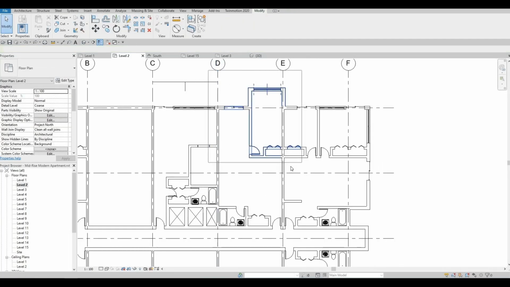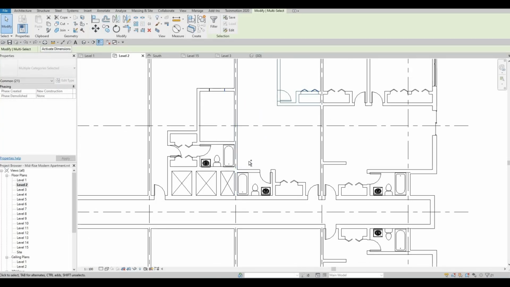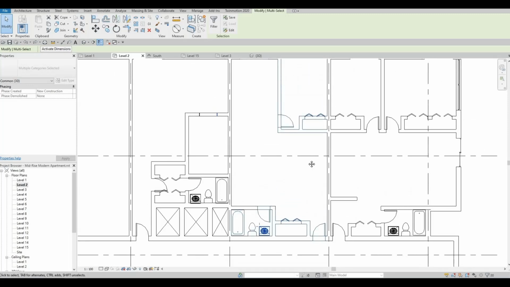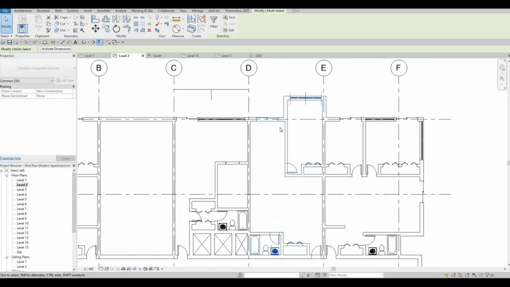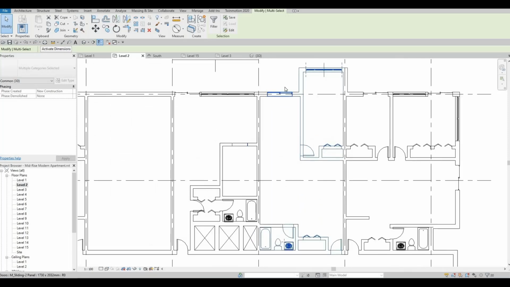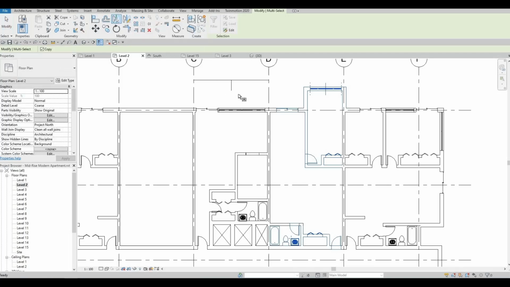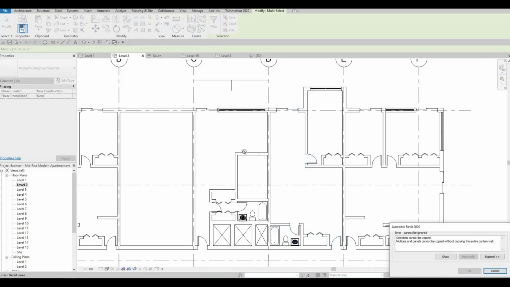So I'm gonna highlight this, and holding the control button, I'm gonna highlight this part, and then you can select the doors individually. So after that, we can then click this mirror and then